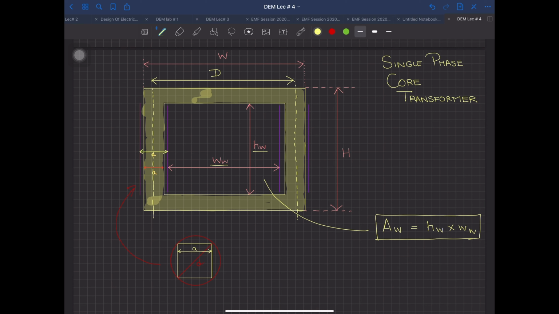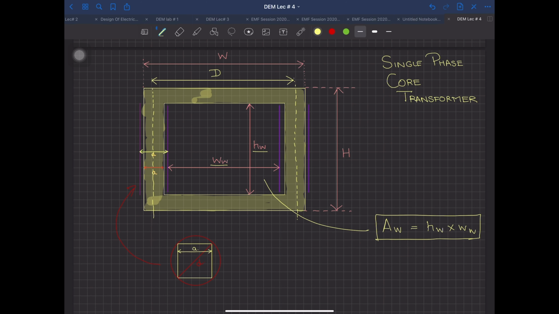और उसके बाद I decide, I know the number of turns. Now I see okay, I have to decide how many layers are going to be there. उसमें कोई air gaps आएंगे नहीं आएंगे. Based on that, I am going to decide on it. The first method is being used by the Indrajit Das Gupta book, which I have not brought over here today, which we are going to start next lecture. This book over here uses the second method, where they decide, okay, the window height is this, the width of the window is this, and now you have to decide on the winding.